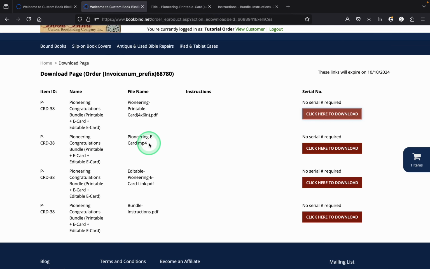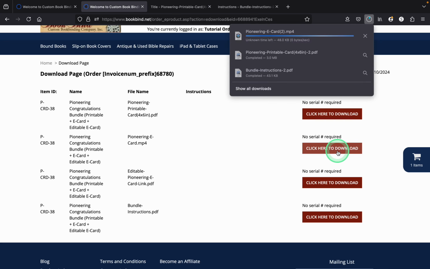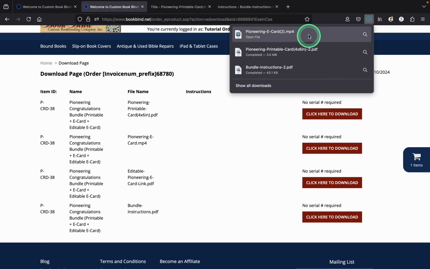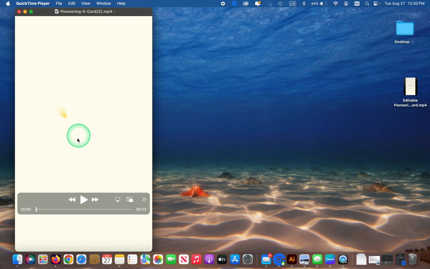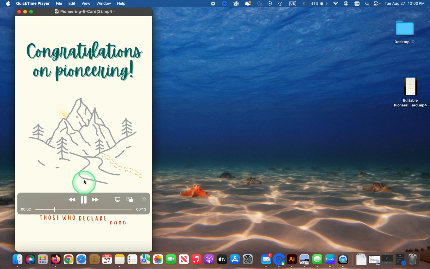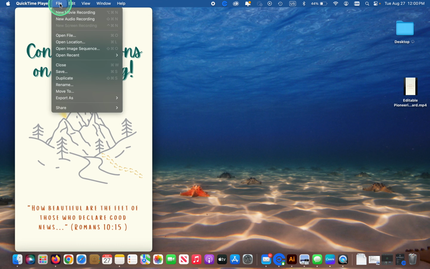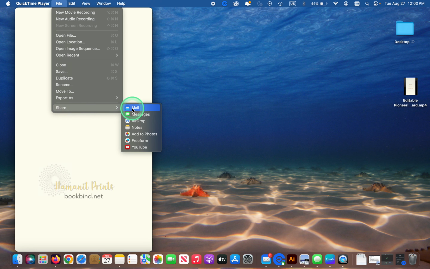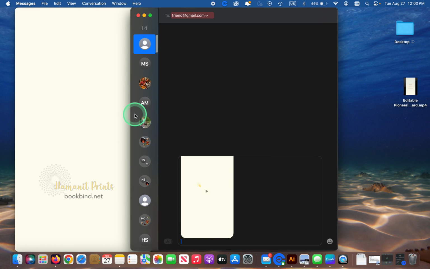Now for the e-card, once you download that, you will see that it opens up a short video with your non-editable e-card. So from your device, you can simply choose to email it or to send it in a message to your recipient. So for example, if I want to send it as an iMessage, I can go here and type in